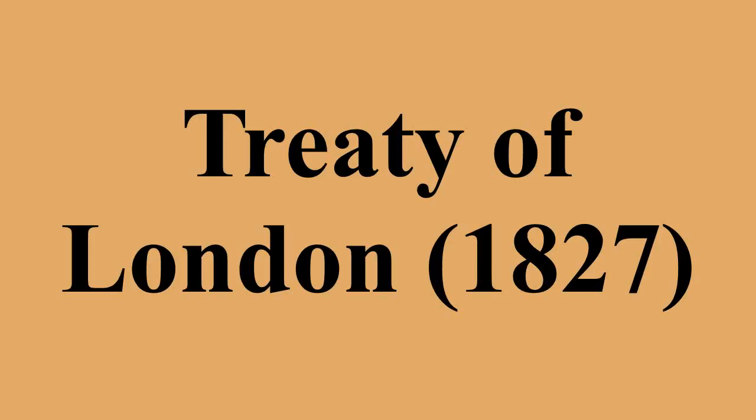The Treaty of London was signed by the United Kingdom, France, and Russia on 6 July 1827. The three main European powers had called upon Greece and the Ottoman Empire to cease hostilities that had been going on since the Greeks had revolted against Ottoman rule on 6 March 1821. After years of negotiation, the European Allied powers had finally decided to intervene in the war on the side of